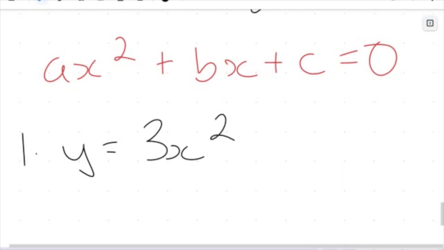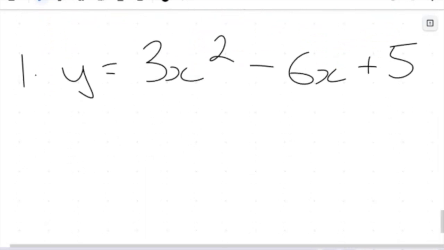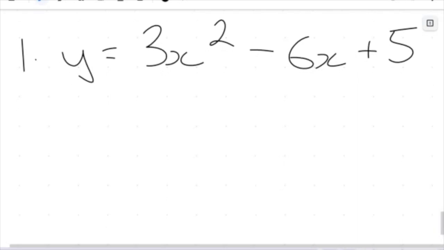So we have this equation of a parabola, y equals 3x squared minus 6x plus 5, and we're going to do this in parts and just use all of the things we know so far. Now, for part A, this question asks us to determine